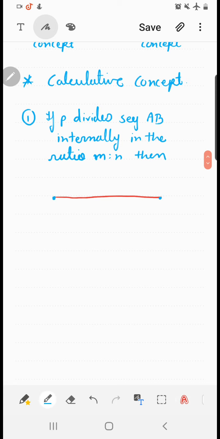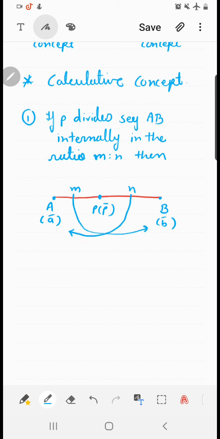So here we take the point A, B. It all starts with who divides. So can I say P bracket P bar? And in a vector, every point has its own position vector. To whom it divides? AB. So can I say A bar and B bar? In what ratio it divides? M, N, and this M goes to B bar and this N goes to A bar. And then we apply the formula.